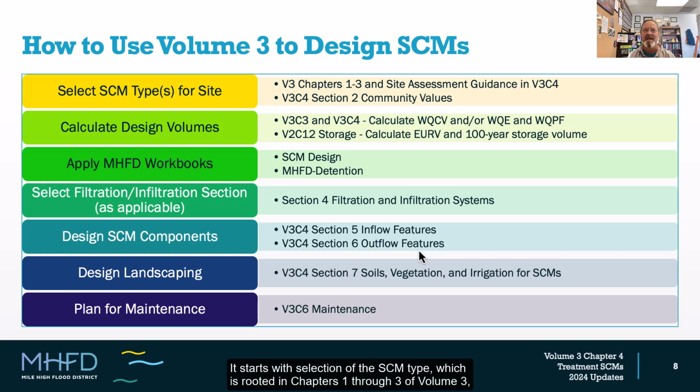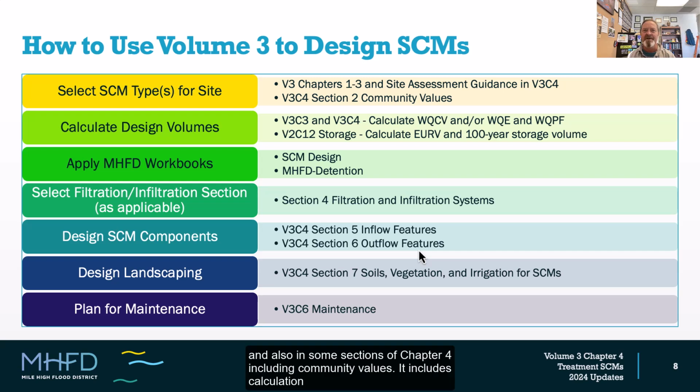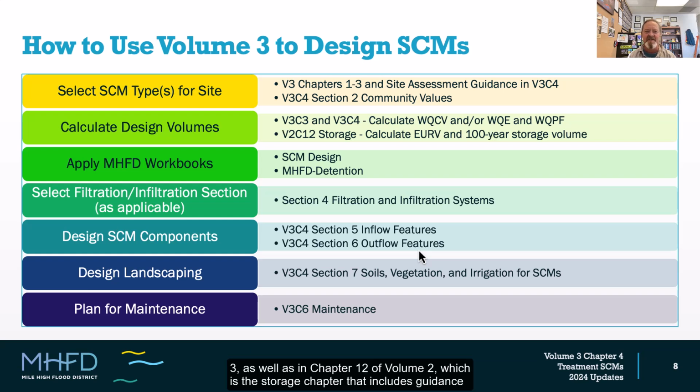selection of the SCM type, which is rooted in chapters 1 through 3 of Volume 3, and also in some sections of Chapter 4, including community values. It includes calculation of design volumes. The guidance for that is provided in Chapter 3 of Volume 3 or Chapter 4 of Volume 3, as well as in Chapter 12 of Volume 2, which is the storage chapter that includes guidance on the EURV and 100-year storage volume. The SCM design process includes applying workbooks, including the SCM design workbook and potentially MHFD detention for full